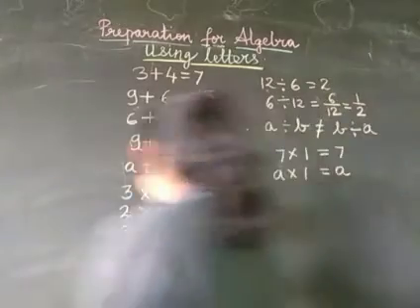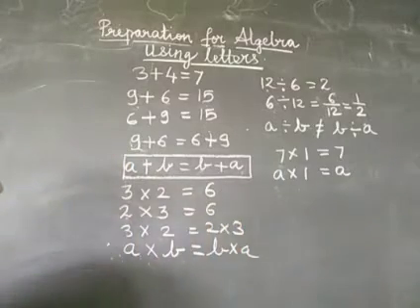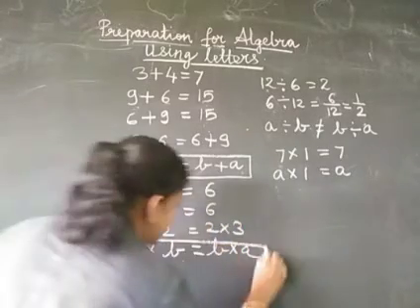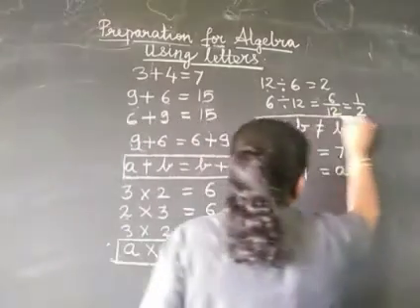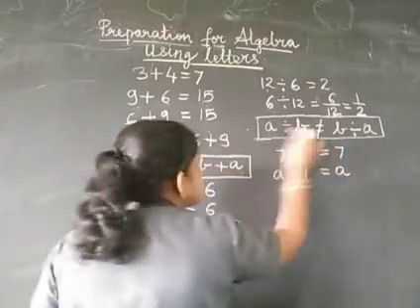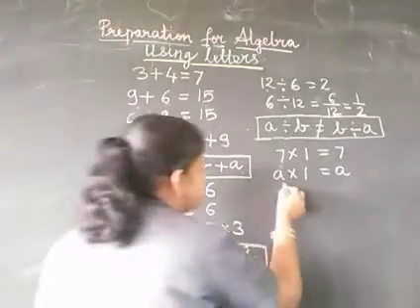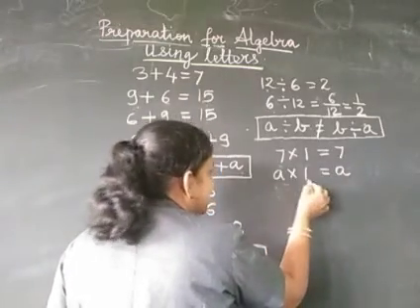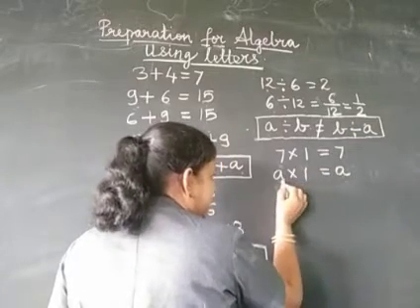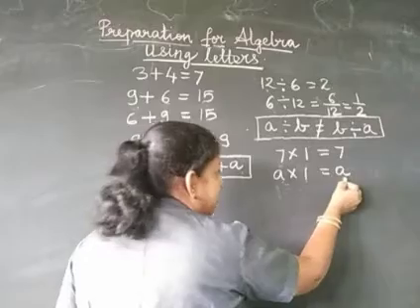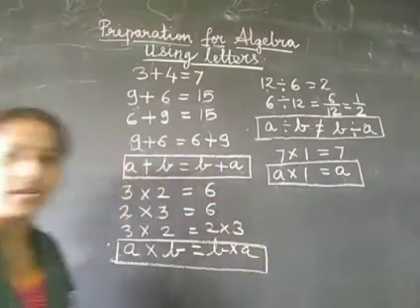Okay students, so we are getting so many rules or formulas here. This is the first formula we have got. This is your second formula we have got. Then this is a rule that A divided by B is not equal to B divided by A. Similarly, we have also got another formula now, that any number multiplied by 1 is the number itself. So here also another rule, a formula, we are getting.